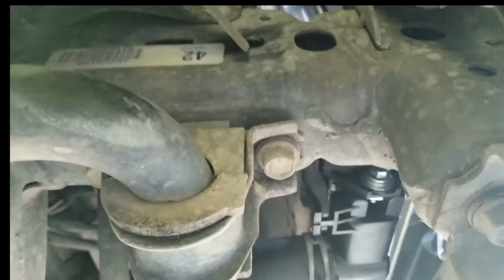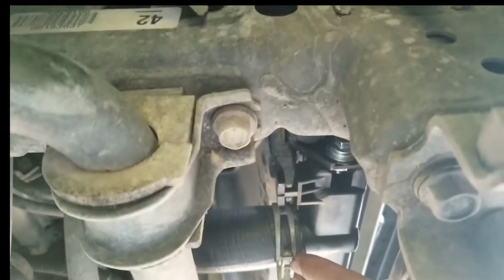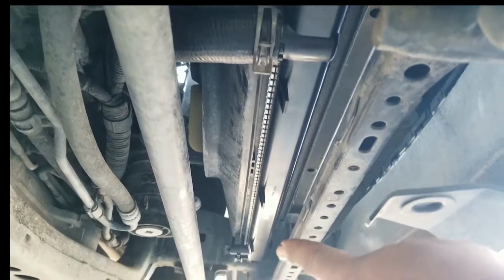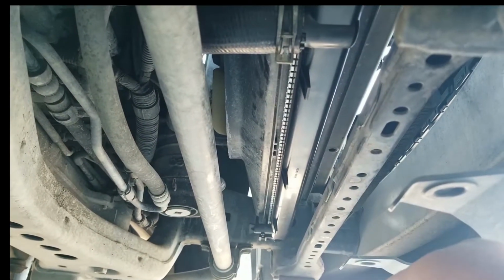Right there. Where's it at? Right there. So this clamp right here, disconnected that and drained the coolant over there in the little valve over there. Okay. Also,